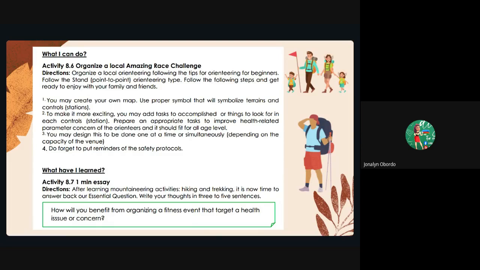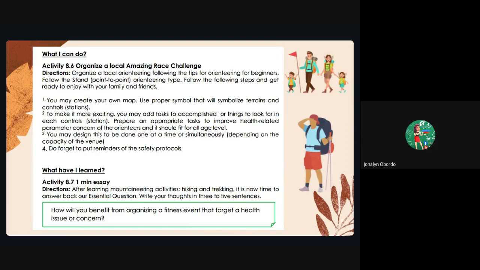Or halimbawa naman, pwede ba siyang, pagdating niya sa isang point, siya ay sumayaw sa isang point na yun, or pwede namang sa isang point na pupuntahan niya or marireach niya, uminom or kumain ng isang buong apple. It's up to you. Kumain ng isang buong makopa. So, something healthy and something active sa bawat point na yan.